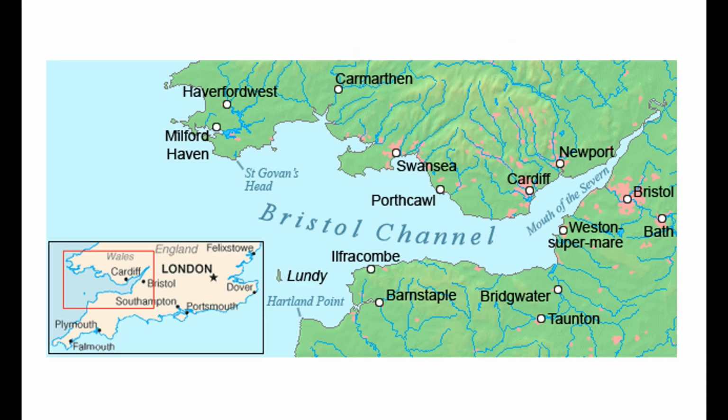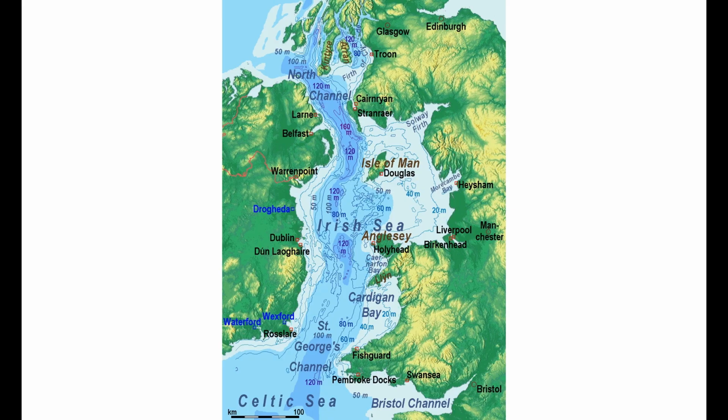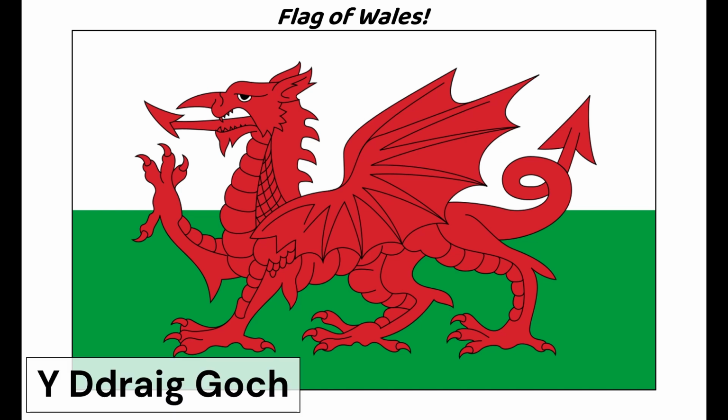So to the south of Wales is the Bristol Channel, whereas the native language calls it Môr Hafren. It's the estuary in the sea that leads to the River Severn, but whatever. Anyways, to its west is St. George's Channel in the Irish Sea, and to its even further west is Ireland. Also, I forgot to mention that their flag has a frickin' dragon on it, which is all sorts of awesome, and the dragon also has a little name,